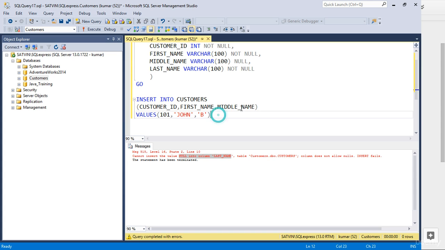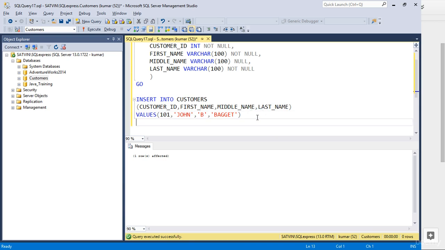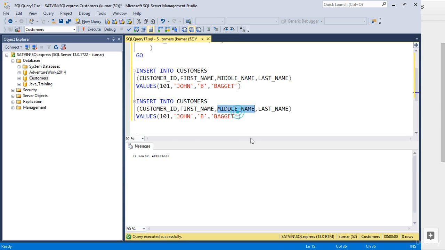Okay, so I'll give that column as well, last name, and then that query runs successfully. Now if I try to ignore middle name instead of last name and run the query, it takes it. And then if I look at the data in the table,